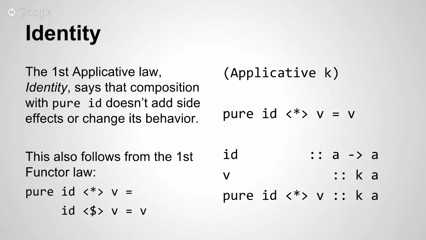So the first law says that pure id app v is the same as id fmap v, which is just v. So if you have a pure id,